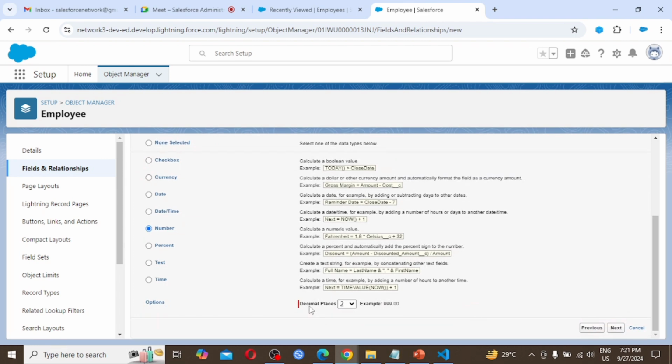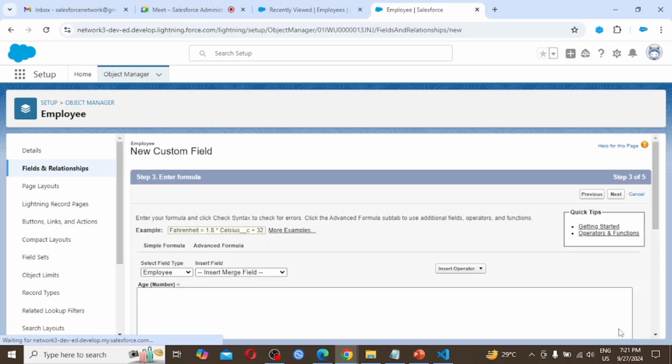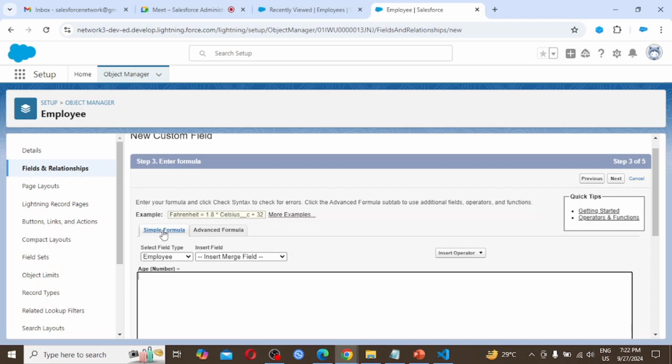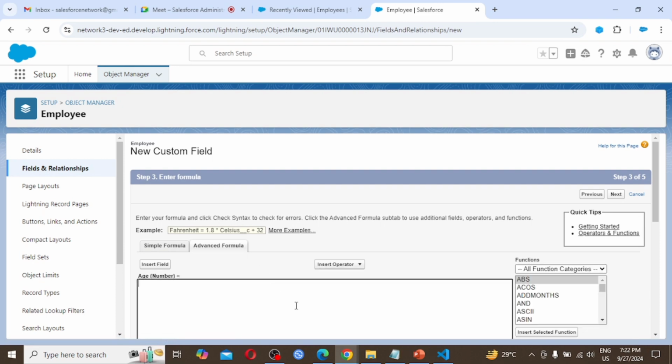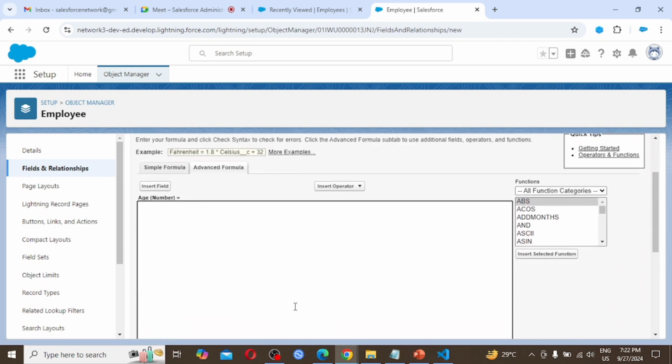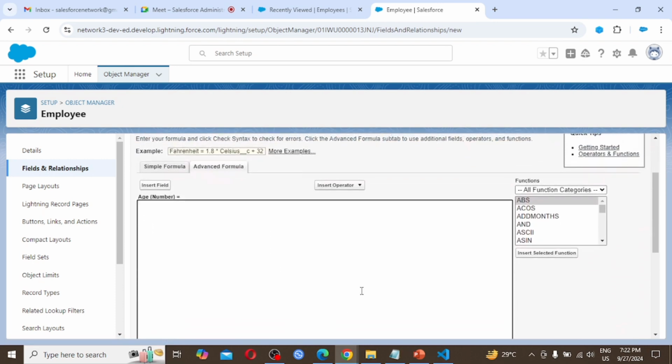And we are taking decimal places at 2 places. Click on next. So here we are seeing the simple formula, one tab, and advanced formula, second tab. So in advanced formula, we have all these functions, ABS. Most of these are related to calculations or mathematical functions.